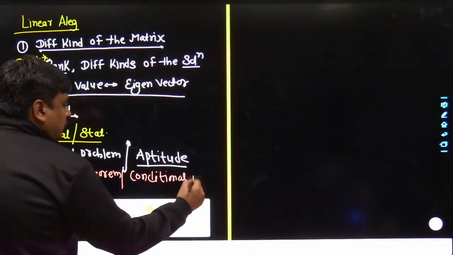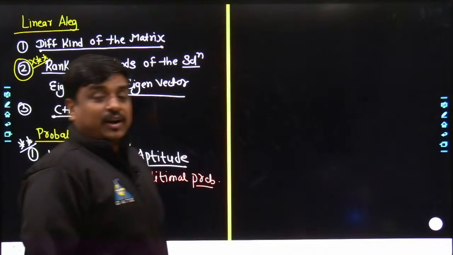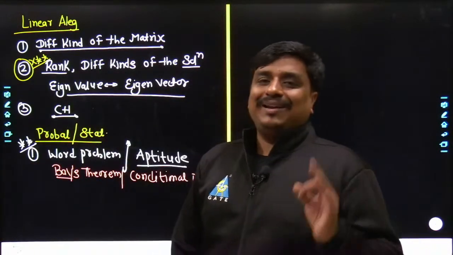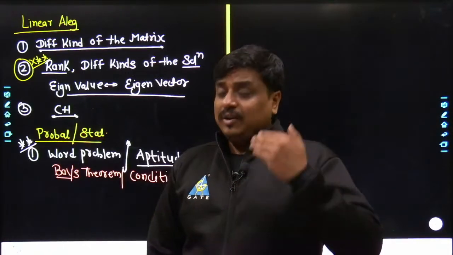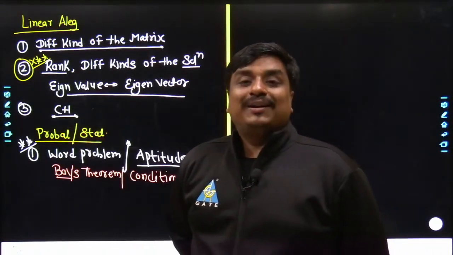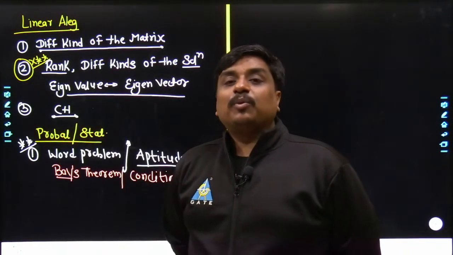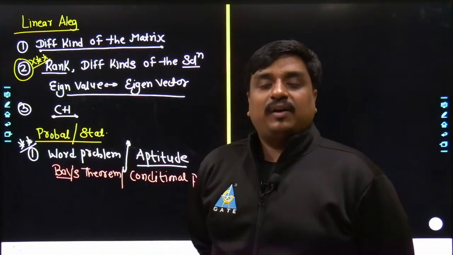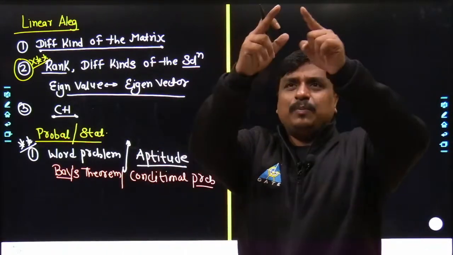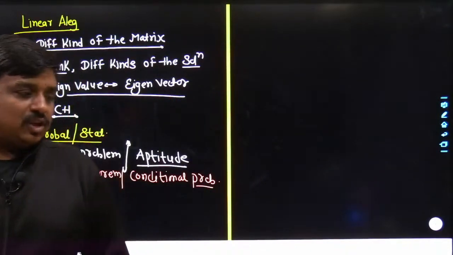Conditional probability. This time also, a very well designed problem in electronics was framed, where we had 3 coins. Out of 3, one was a fair coin, head and tail. The second was an unfair coin, both heads, and the third was an unfair coin, both tails. It was given that the first toss indicates head. May I know the probability that the second toss would also be head? It was a well designed problem, and that problem has to be smashed with the help of a tree structure. Once you're thorough with this,